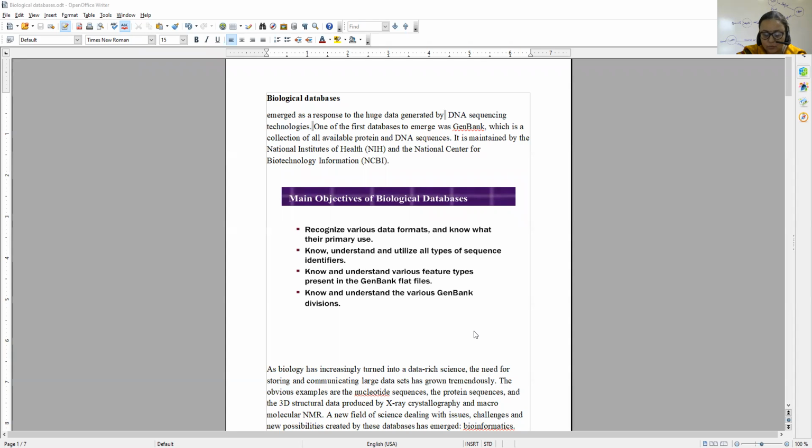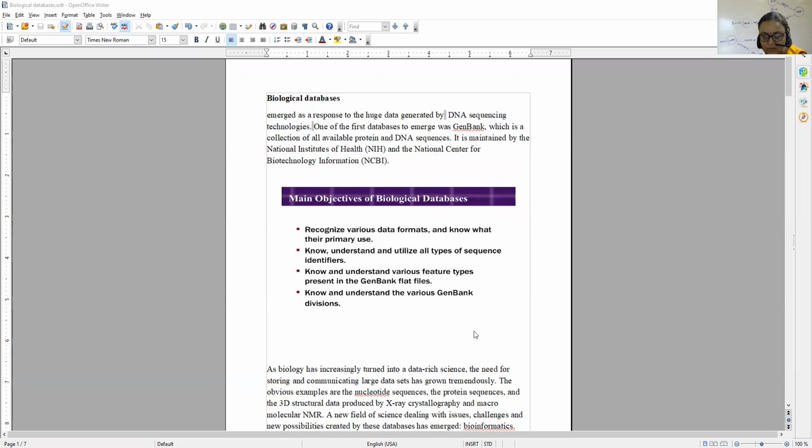Due to the huge amount of data, GenBank divides its data into classes such as rodent, mammals, and plant. Biology has increasingly turned into a data-rich science.